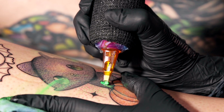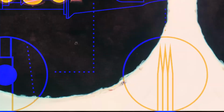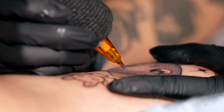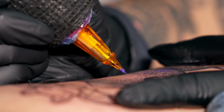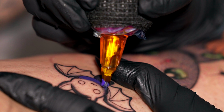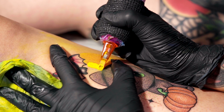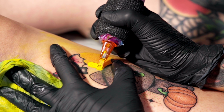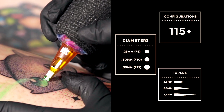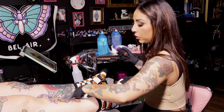With the mags, I do see a little bit of a difference in the stabilization of them. I think it was a tight 5 I used. I did see a nice difference in the stabilization and how smooth the ink flowed out. I do a lot of solid color, and even with color blending and regular shading, I like to have a long taper just to make sure that it's really pushing that ink in the first pass through. These have done an excellent job of doing that. The options that they have are perfect for what I do. Overall, I would absolutely recommend